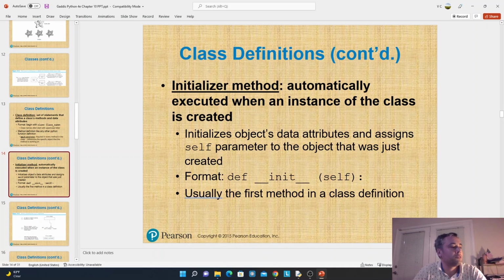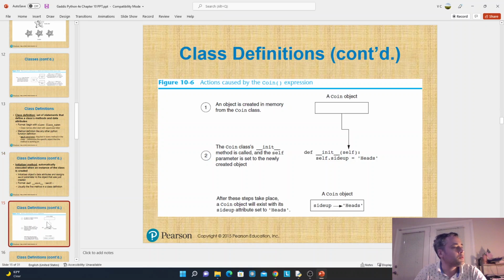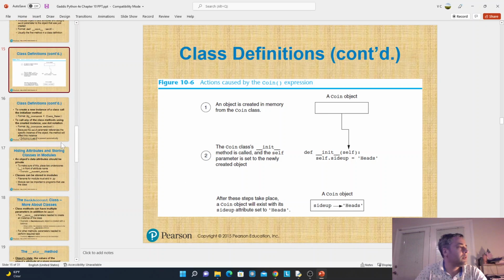We have talked about the init method. This is the method in charge of creating the class and initializing the class, and also creating the data attributes. So if you want to supply data attributes at the moment when an object is created from this class, you have to specify them here inside the init function, as we were doing. I will shortly play with the coin class and create coin objects,